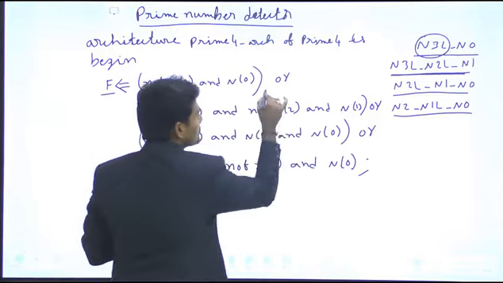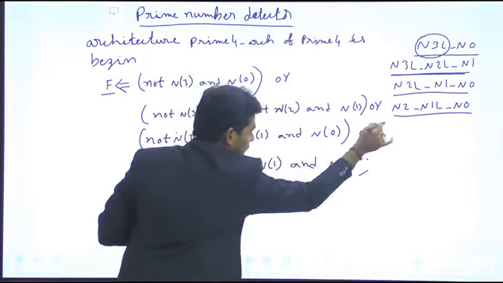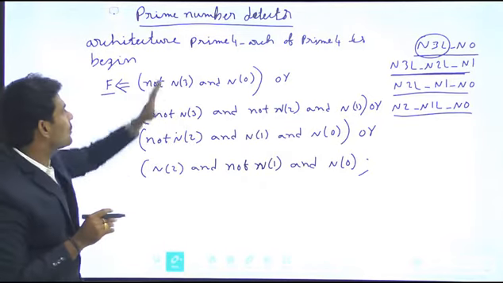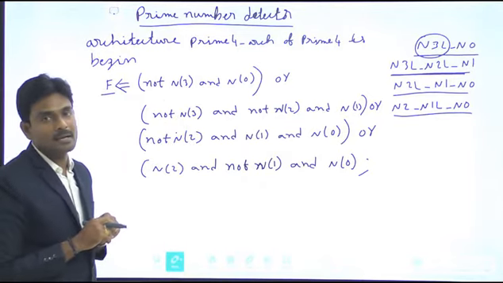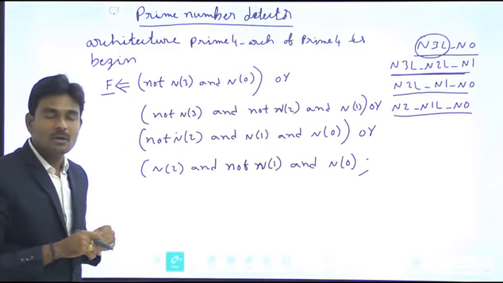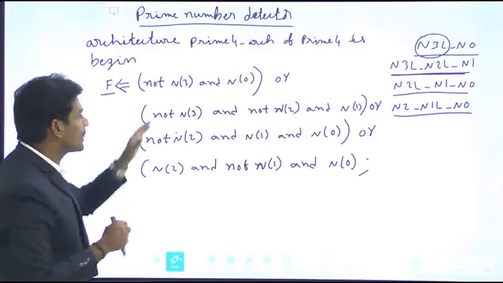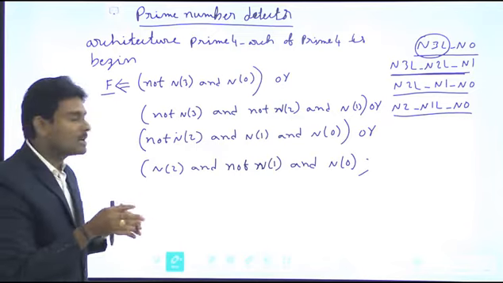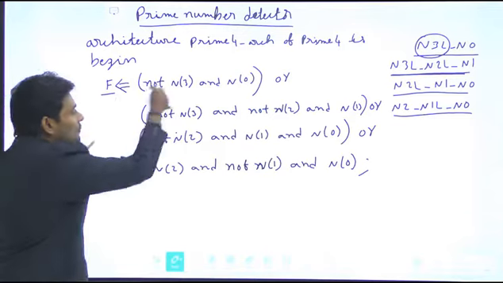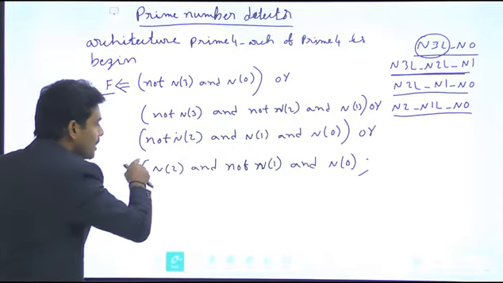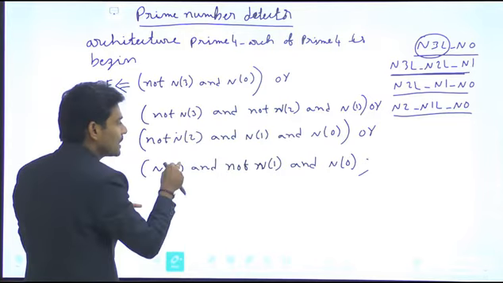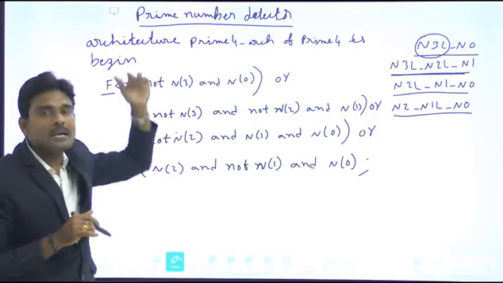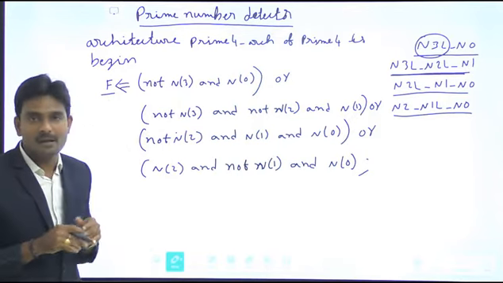All these are a continuation. After all, you are supposed to write this, and so on. In a single statement, I described the overall functionality of that particular prime number detector. So in this way, using a single concurrent statement, you can describe the functionality. If you look at this one, I considered only the output with respect to inputs. On the left hand side, all these signals are inputs only, n of 0, n of 1, n of 2, n of 3, all predefined in the entity declaration part, and F is also predefined in the entity declaration part.